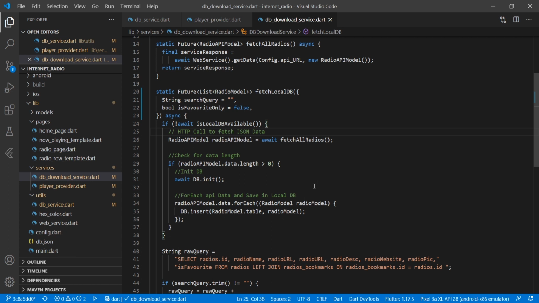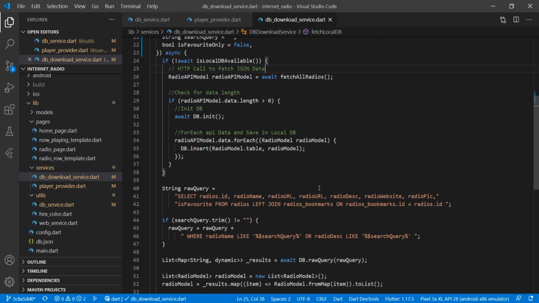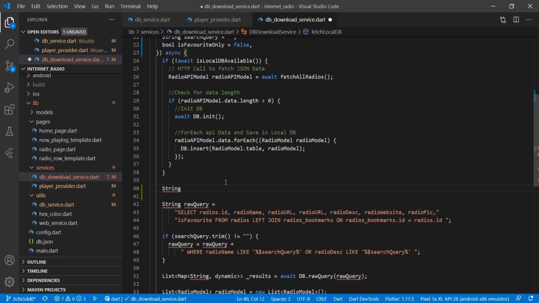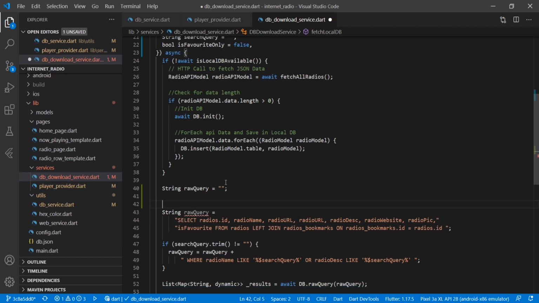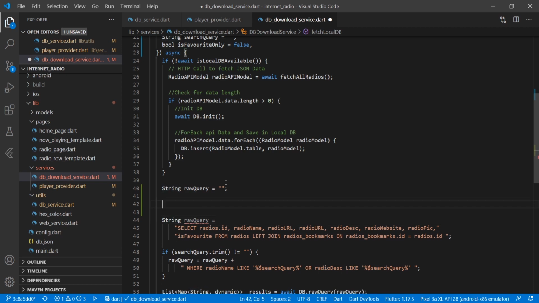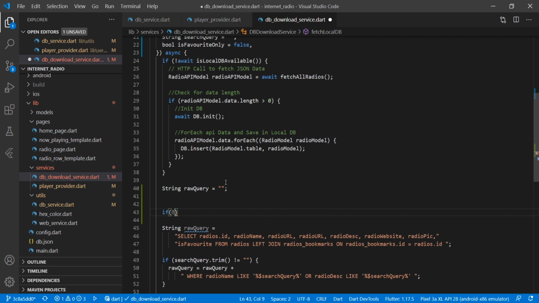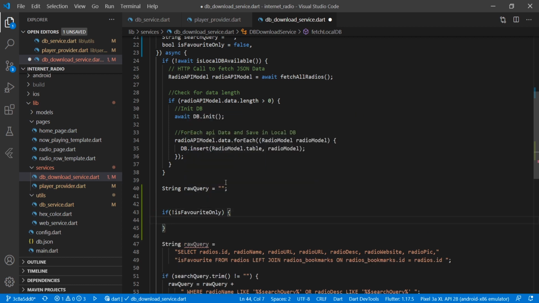So for doing that we have to pass one parameter. On the basis of that we will change our SQL query. Now here we will update string row query equal to empty. Now here we will check if not isFavorite only, then we will call our all radios.